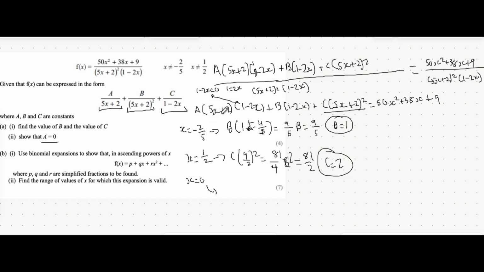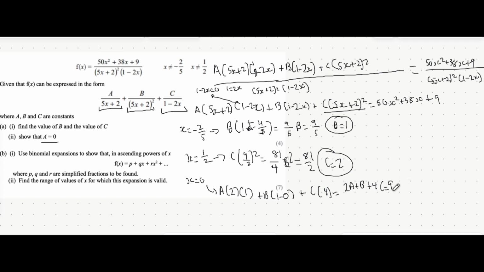So when you put x equals 0, the A term becomes 0 plus 2, which is 2. So we have A lots of 2 lots of 1 minus 0, which is 1. And then plus B lots of 1 minus 2x, which is 1 minus 0. And then plus C lots of 0 plus 2, which is 2, all squared is 4. So that becomes 2A plus B plus 4C. 2A plus B plus 4C equals what you get when you put x equals 0 into this whole expression here,